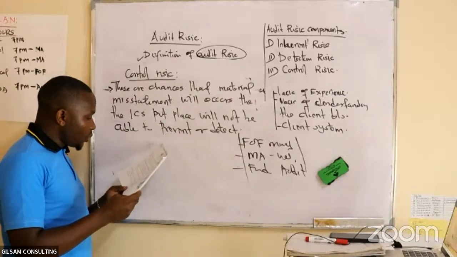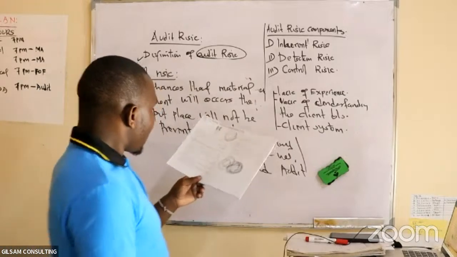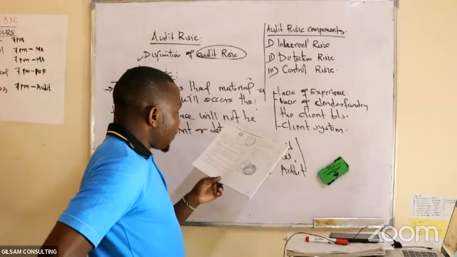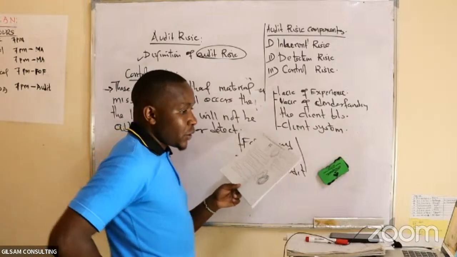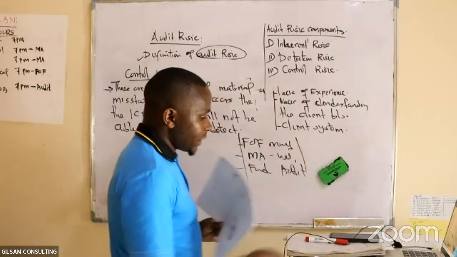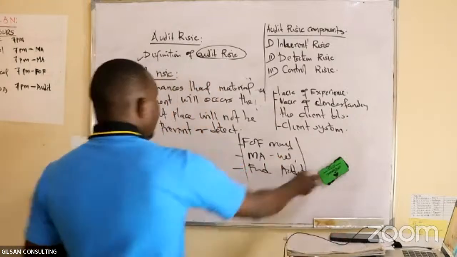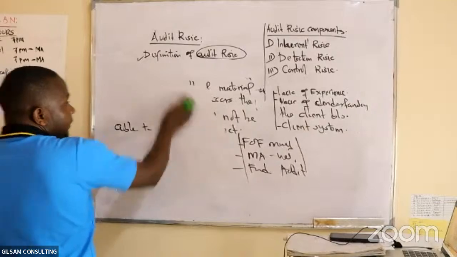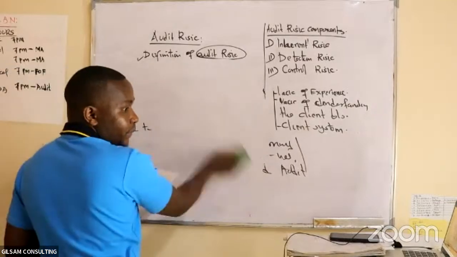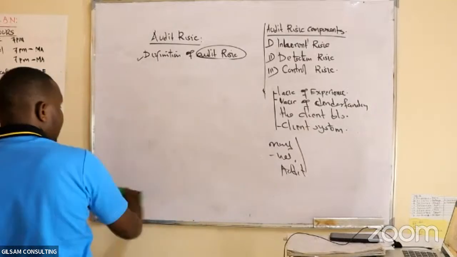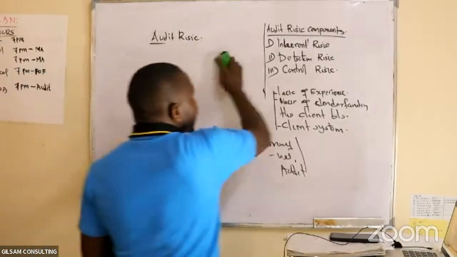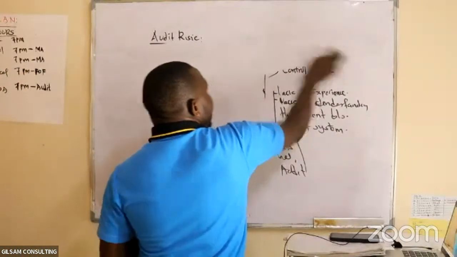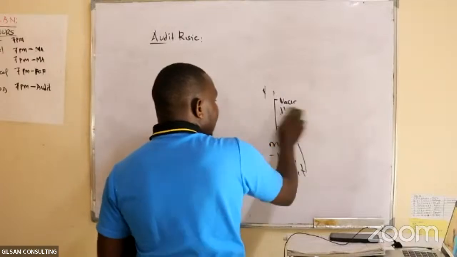Looking at question 2B, it says audit risk is the risk that the auditor expresses an inappropriate audit opinion. That is May 2021. So we can still revise. I thought the students were not in class, that's why I did not want to continue much. So it is only Catherine who has not joined.